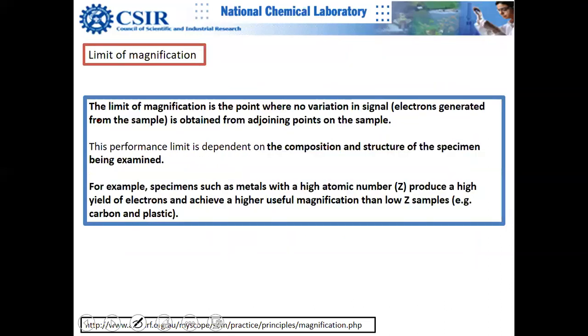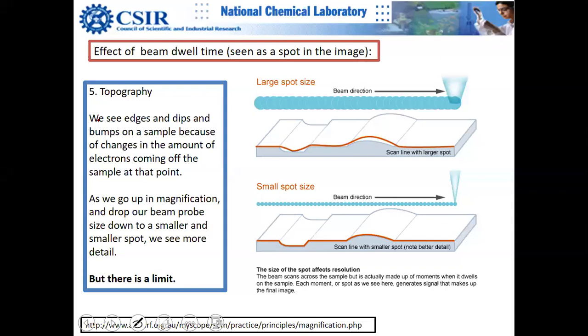Hello. Yes, Manisha. Sir, how can we be so sure that the topography we are getting from SEM is true to the sample? Because we cannot detect all the secondary electrons, and it also depends upon where the detector is placed. Only that part will be bright, otherwise the other part will not.